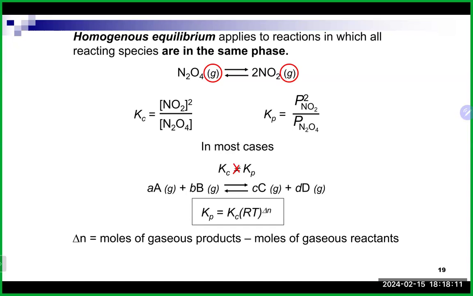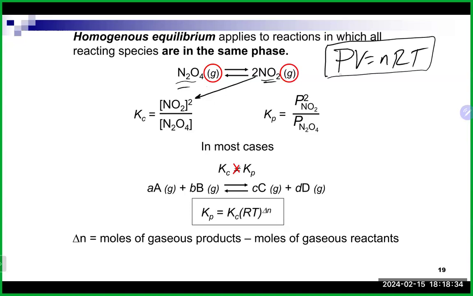So we can write our equilibrium expression like normal, the concentration of our products, with the coefficient, divided by the concentration of our reactants. But when we deal with gases, we oftentimes deal with our friend pressure, a little PV equals nRT action. That is the ideal gas law. By the way, when you use the ideal gas law, pressure should be in one unit. It should be atm, right? Volume should be